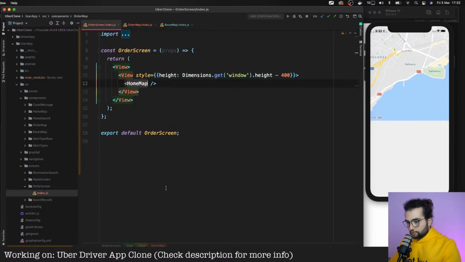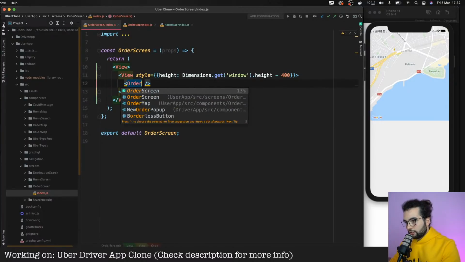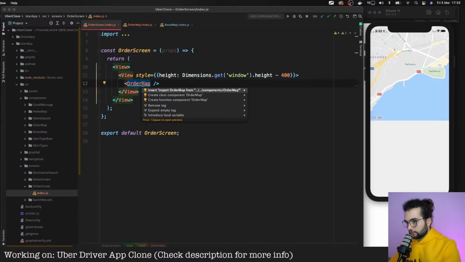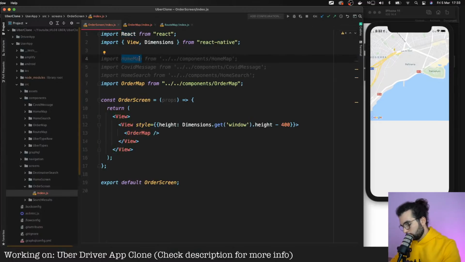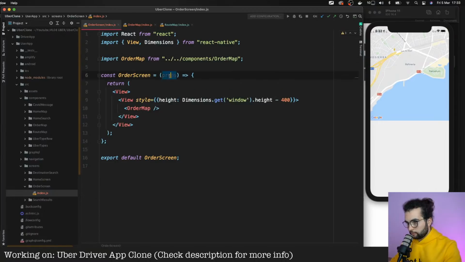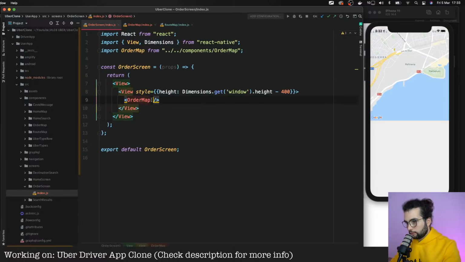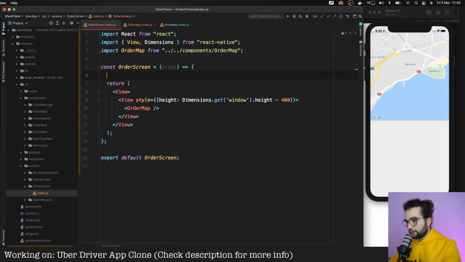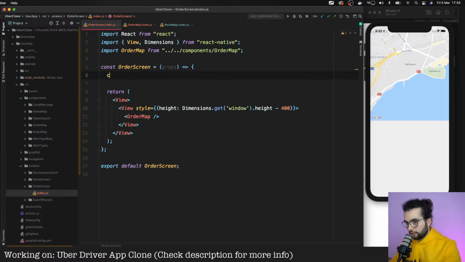In our order screen, let's import not home map, but order map components from here. And we will have to send a car there. And the car will be saved in the state, but we'll fetch it from the database.